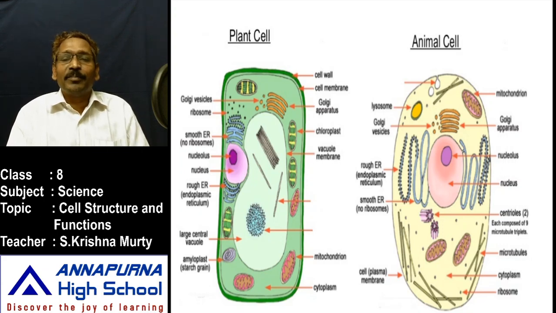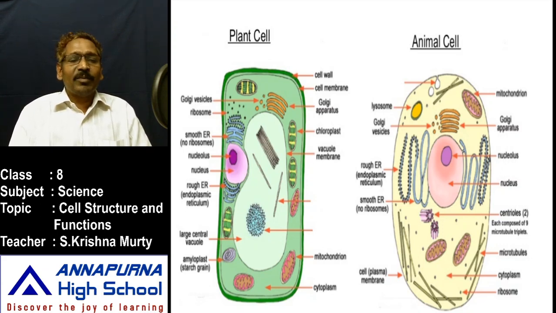Do you know what the three parts present in the animal cell are? The animal cell consists of the plasma membrane on the outside. There is no cell wall. The cell wall is present only in the plant cell. In the animal cell, the outermost covering is the cell membrane. It is also known as the plasma membrane. And in the middle of the cell is a prominent stained body, the nucleus. In between the nucleus and the plasma membrane is the cytoplasm.